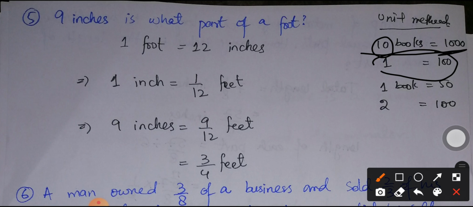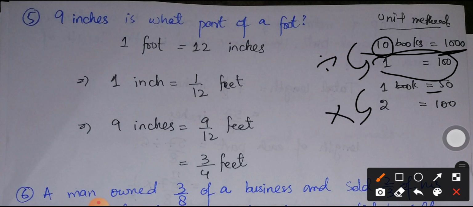So this is named the unit method, that if we are moving towards 1 from any other number, we are going to perform division. Similarly, if one book is of rupees 50, then I will pay 100 rupees for the two books, because 50 plus 50 is 100. So this is how we can move from 1 to any other number, and for this we have to perform the operation of multiplication.